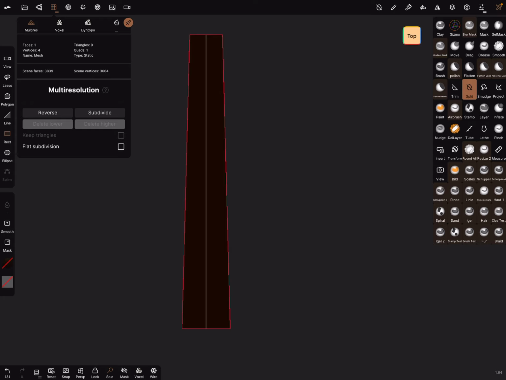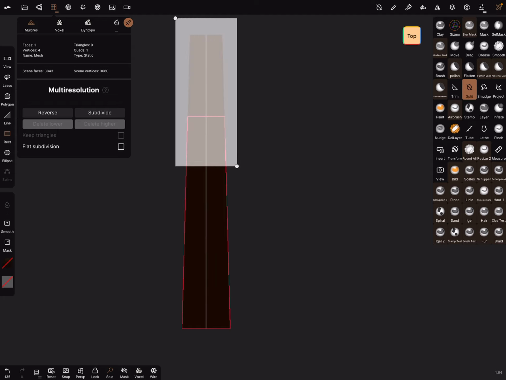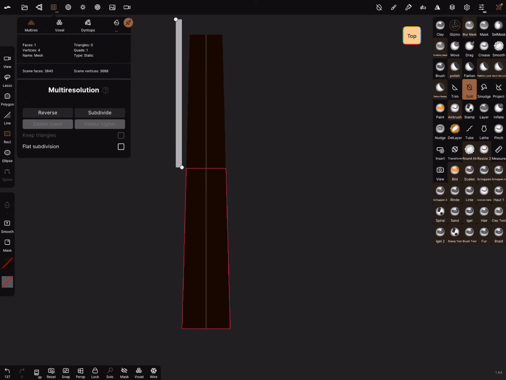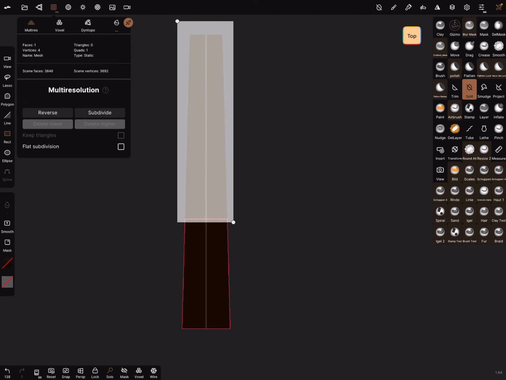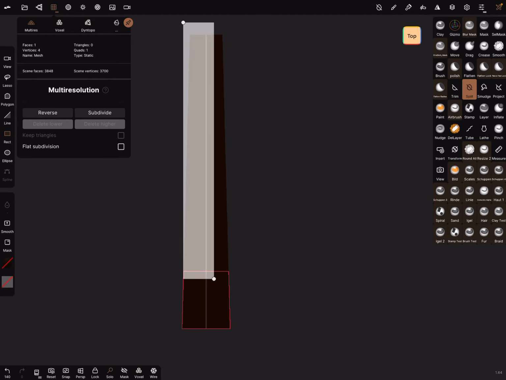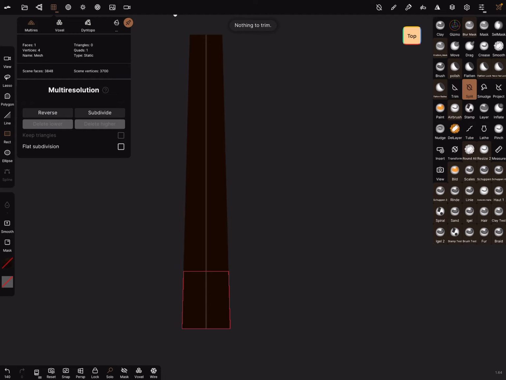Rectangular. Now you can split this part and this part like this. You make the, yes, I don't know the name for it. I hope you understand what I'm doing.